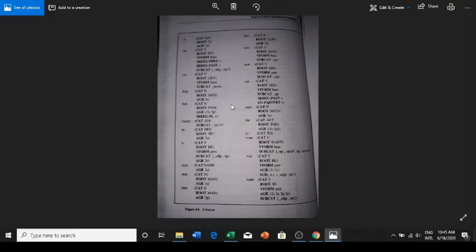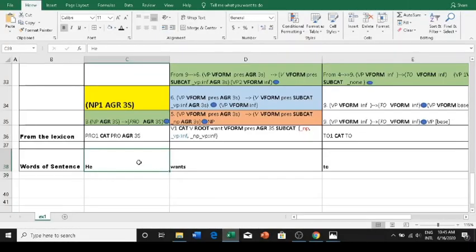You might be remembering this lexicon entry. It was already shared with you from the textbook Natural Language Understanding by James Allen, that is figure 4.6. A sample lexicon is given. From this lexicon, you have to take out the entries for each of these words. You can directly write those entries which are directly given, but suppose that for some words, like this "once", a lexicon entry is not directly given, only the base form is given.